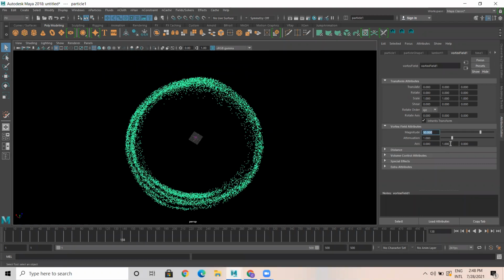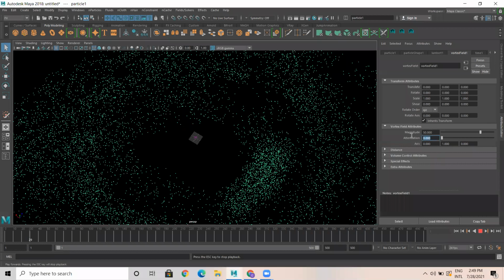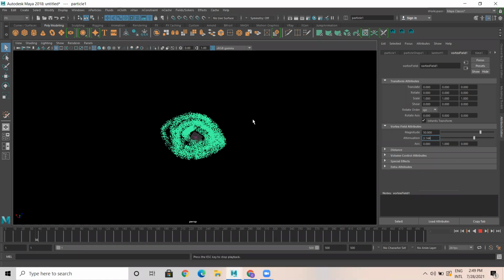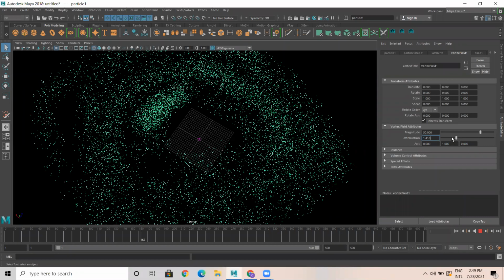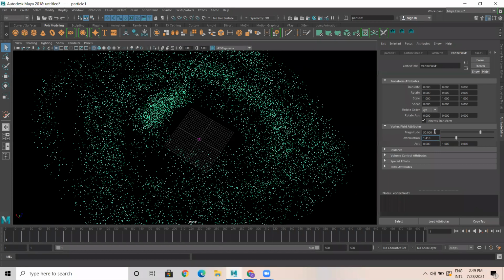It's rotating so quick. There's another thing called attenuation. Attenuation is nothing but controlling the force of the magnitude. So if it is 0, there's no control. So fast. If I increase the attenuation, it does control. It only happens in this area. Okay, like this. So by default, let magnitude be 5, and attenuation is 1 only.